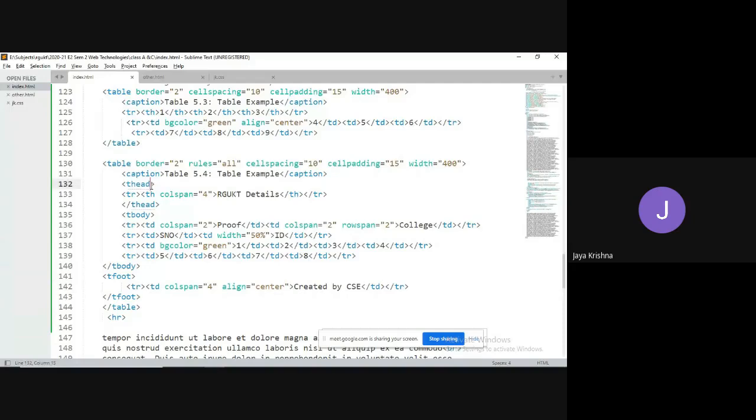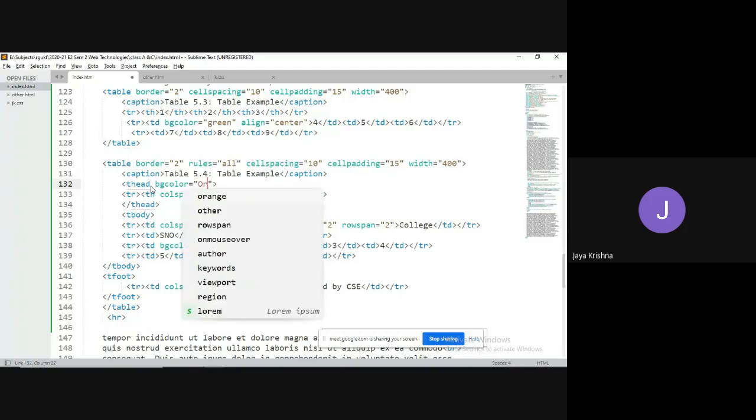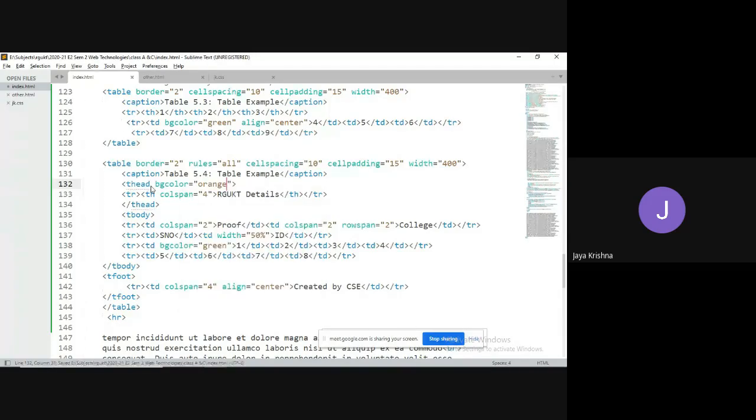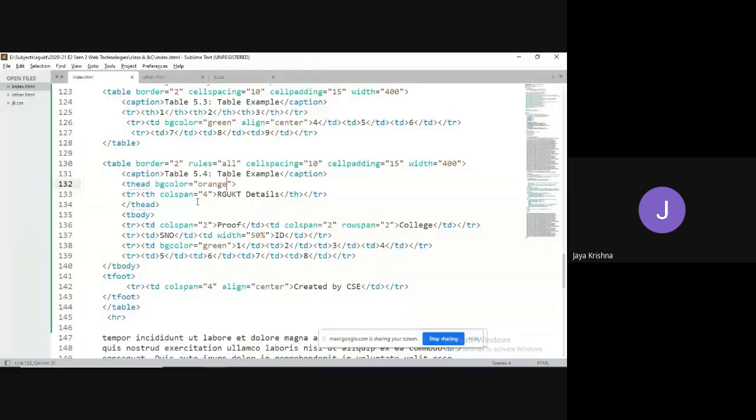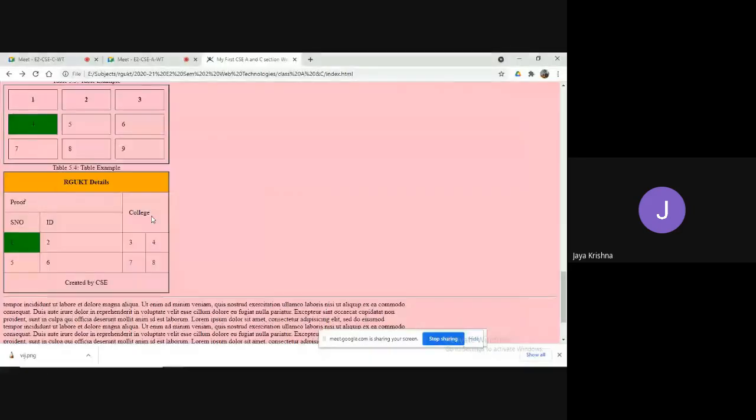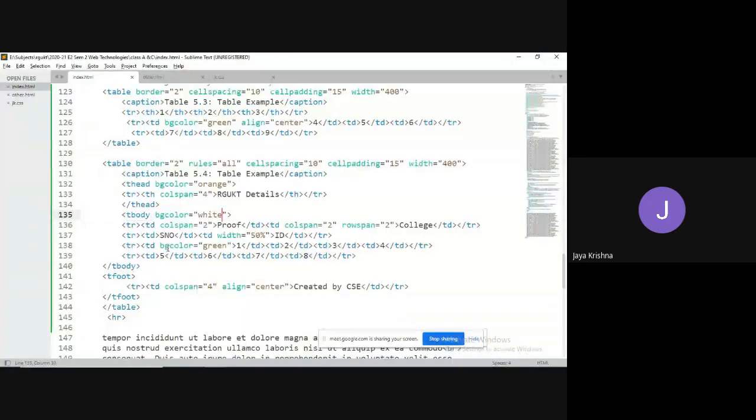For example, I'm taking bgcolor equal to orange, so all the table headings are going to get orange. Okay, fine. For example, in tbody, I am applying bgcolor equal to white. All the table body elements are going to get the white color, because it will give priority to this one.